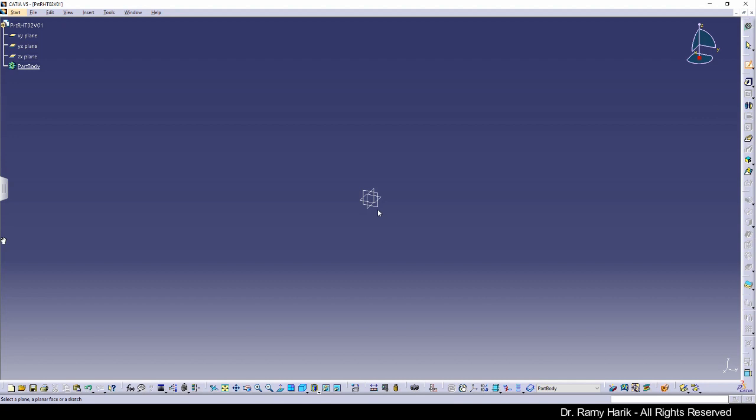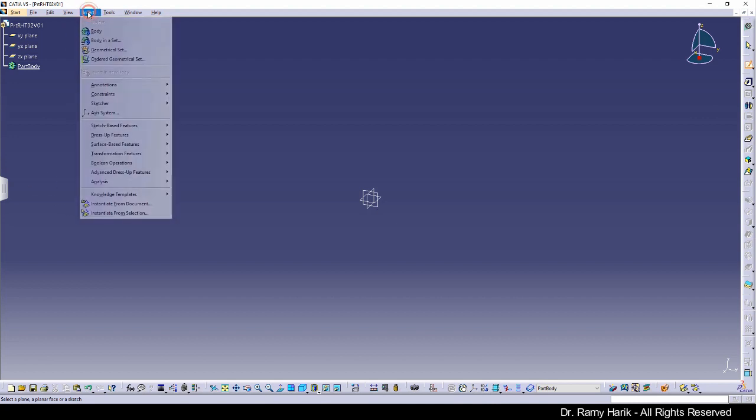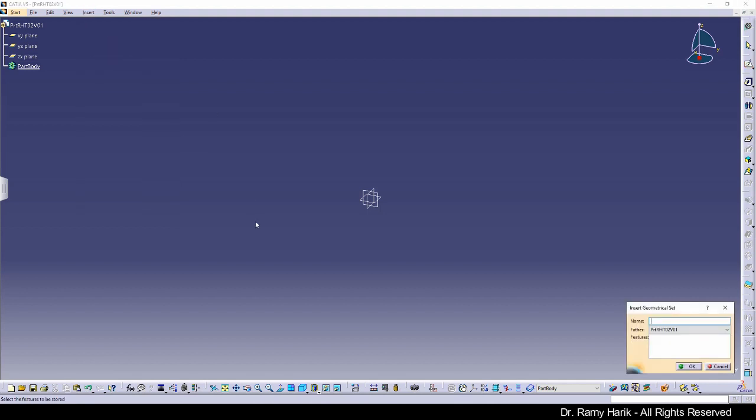Once you click, the software will open the 3D view to select the reference and to start creating the reference elements. Let's go ahead and get started with the creation of reference elements. Before we do that, it is important that we click Insert, Geometrical Set, so that we create reference elements in a geometrical set. We're going to call this reference elements,